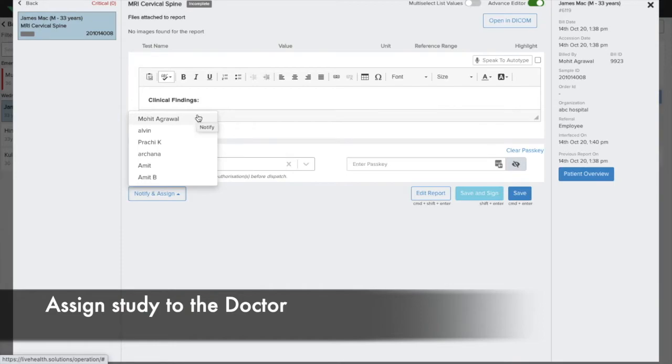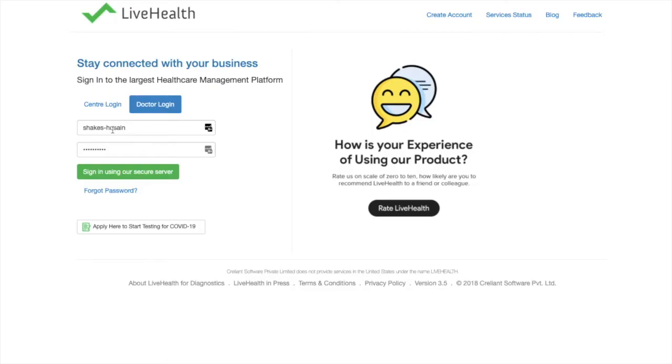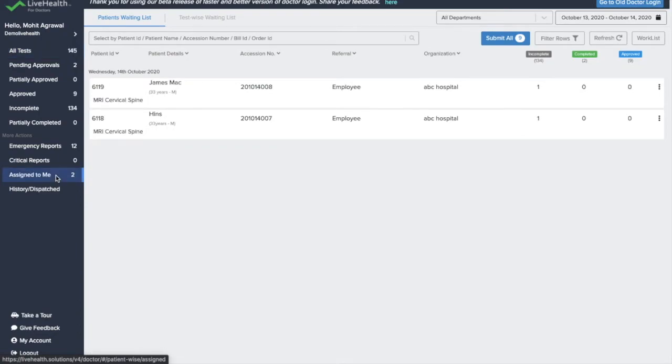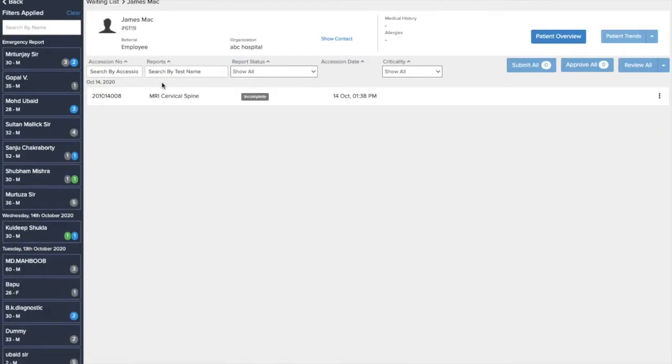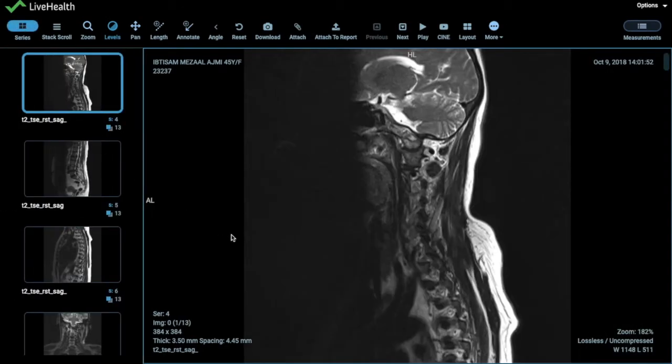So the technician can assign the study to whichever doctor, and that doctor will be able to see that study in his login. So if I go on the doctor's login in LiveHealth, when I log in, I can see the studies assigned to the doctor. If I'm logged in as a doctor, I can see the studies which have been assigned to me over here, and I can open that study by using this option, and I can directly click on this button to open the DICOM viewer. In the DICOM viewer, I can see the scans automatically over here, and I can use the DICOM viewer to annotate